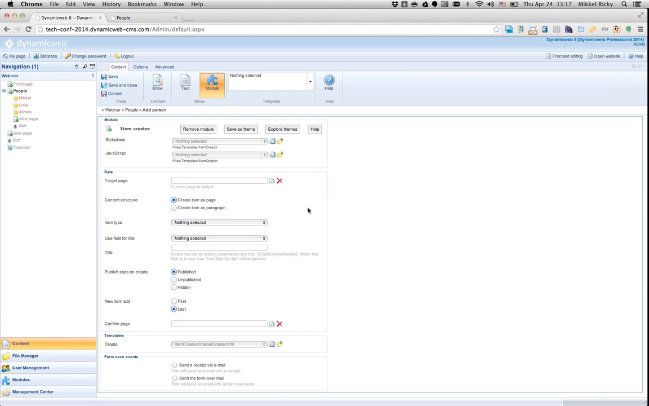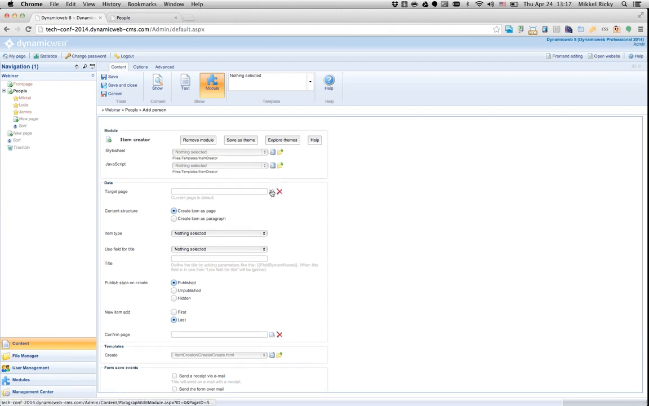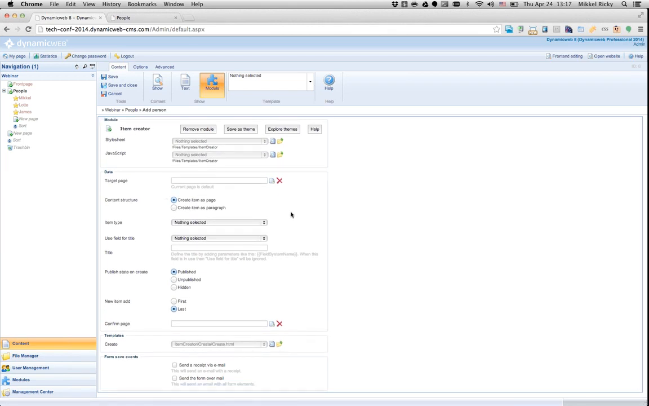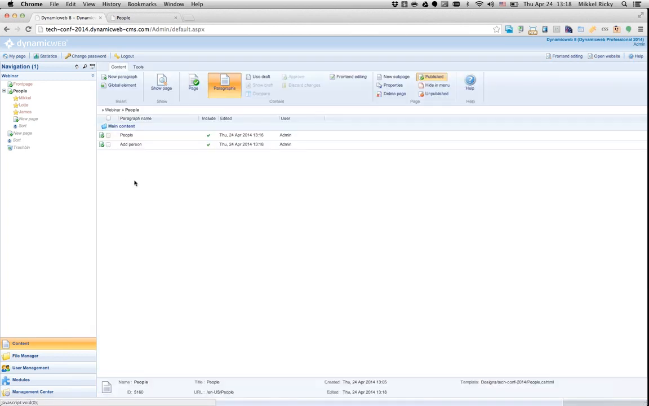But basically what I have to do in the module settings on the item creator is I have to specify a target page for my items that I'm going to create. And the default is the current page, and that's what I want for now. But of course I can pick another page and use that, so I can have my item creator in one page and create items in a completely different page. Then I have to decide on what I want to create. If I want to create new item-based pages or item-based paragraphs, I want to create pages. And the item type I want to create is, I just have to save this